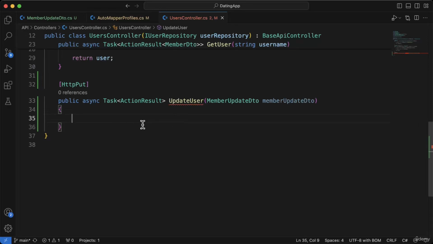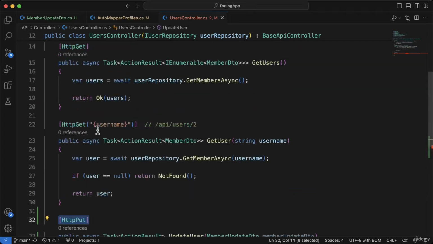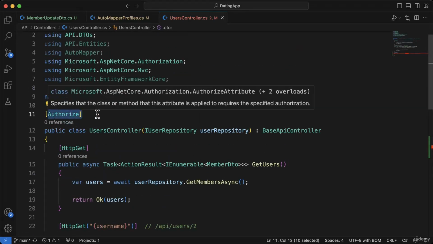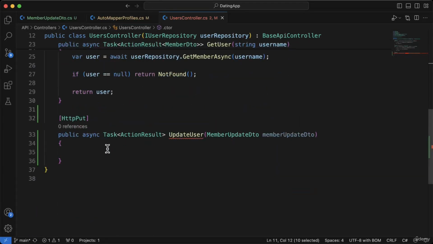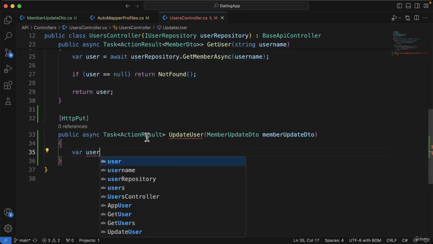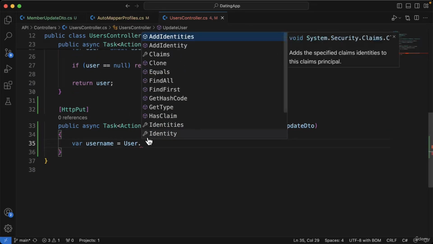Now the first thing we need to do here is get hold of our username from the HTTP context. When we looked at debugging earlier, we saw that there was a user object available inside our API controller. We can use that to get hold of the username, because every time a user authenticates, which they are going to be doing to this controller because we have the authorize attribute here, they're going to be sending up the bearer token. Inside that bearer token are the claims about that user, and we can access that information inside our controller endpoints. So I'm going to save our username and say equals user,